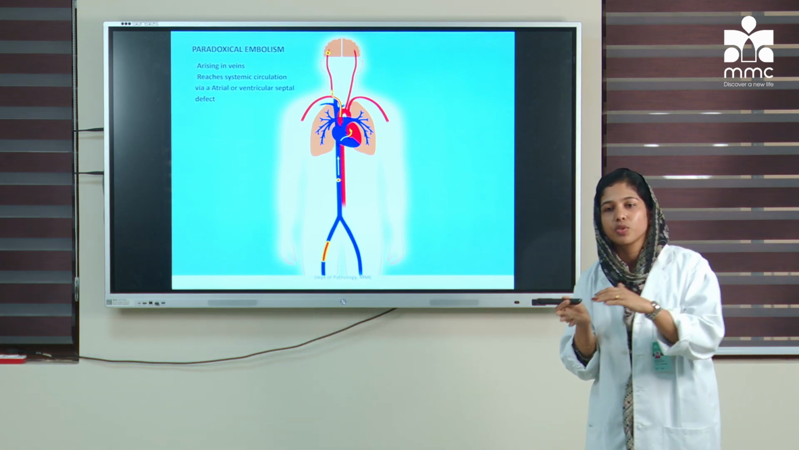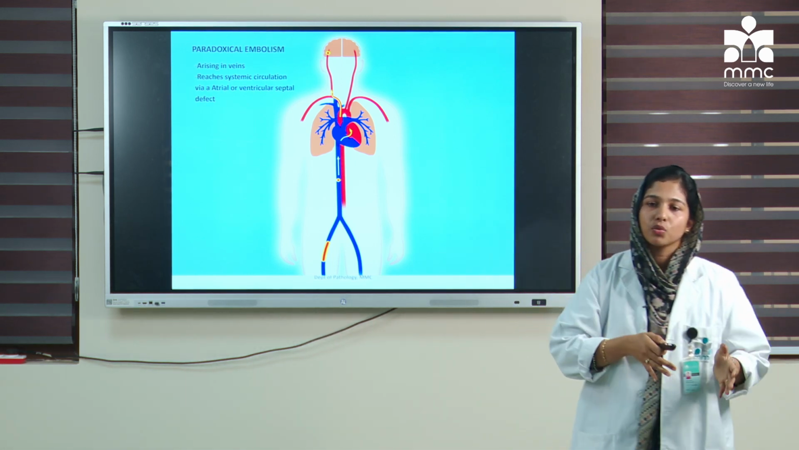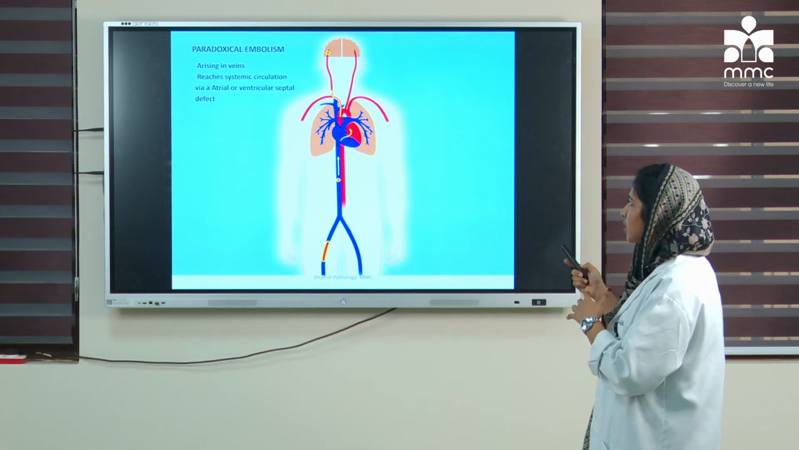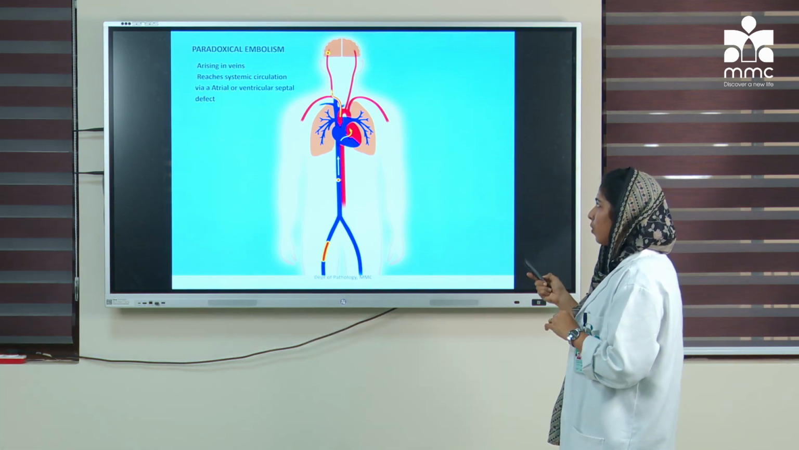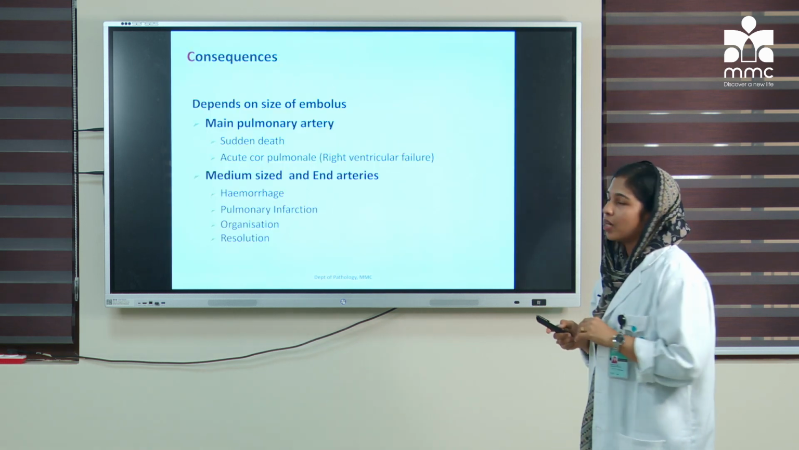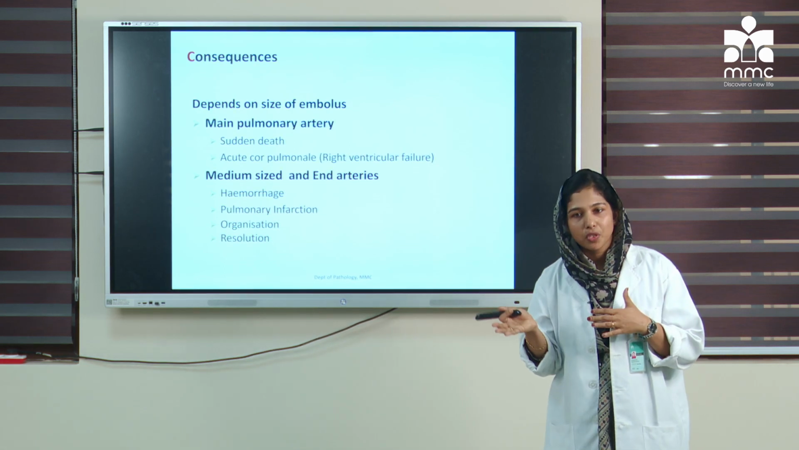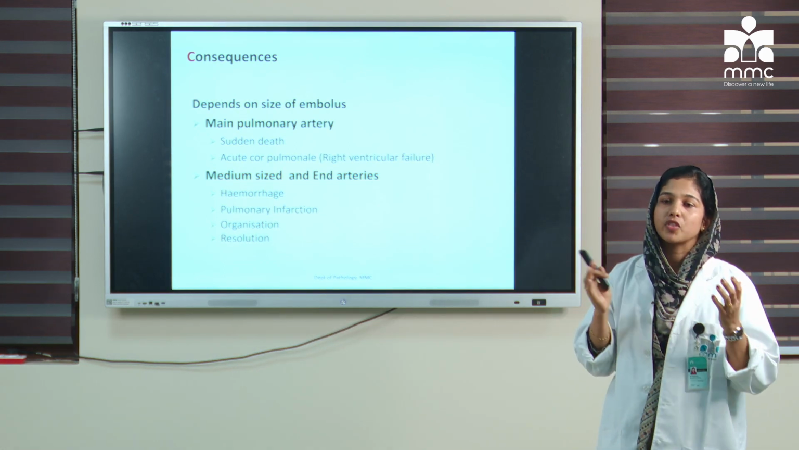It reaches again into the left atrium and it backs into the systemic veins, okay. So, such a movement of embolism is known as paradoxical embolism, okay. Now, the consequences of pulmonary thromboembolism depend on the size of the thrombus and the major vessels which are obstructed, like